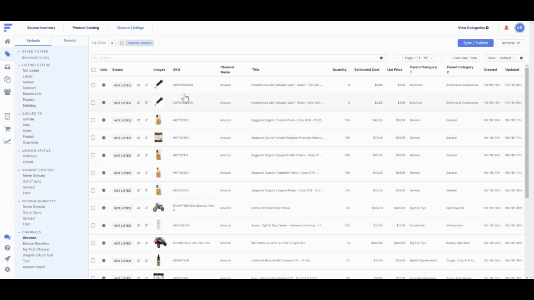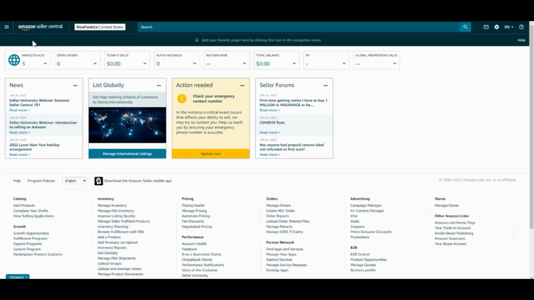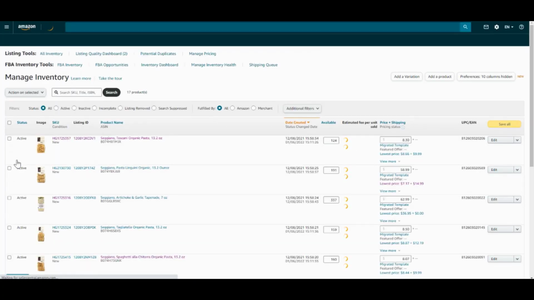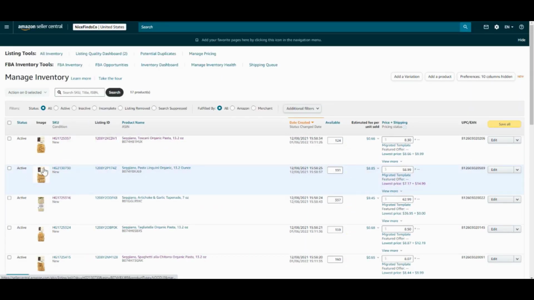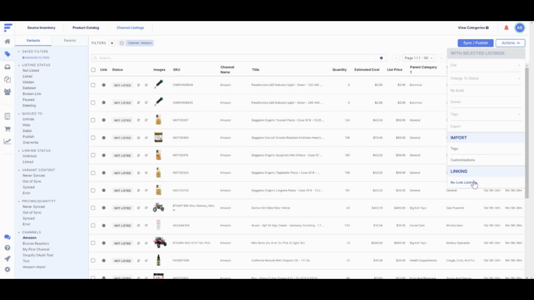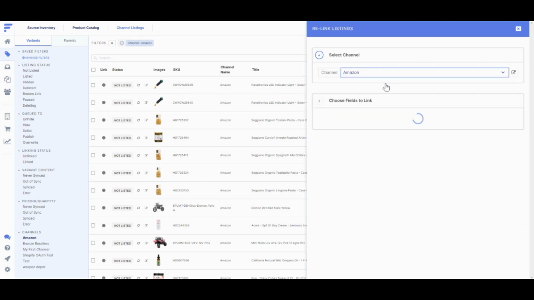You can establish a connection between Flxpoint listings and your Amazon listing, which on your Seller Central is under Inventory and Manage Inventory. And you have your active listings. You do so by linking on the available data points in the drop-downs once you go to Actions, Relink Listings, select your Amazon channel,